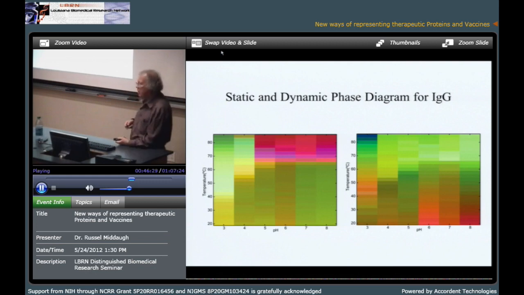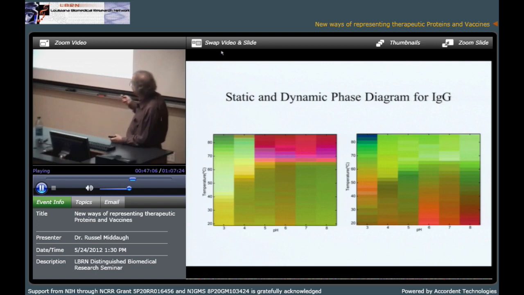Okay. Now there's another type of phase diagram that we've been making lately, and it includes information about the dynamic structure of a molecule. All the measurements that we typically use are time-averaged measurements. So what we did in this case was add measurements that were sensitive to the internal motions of the molecule. What am I talking about? Well, isotope exchange. We use acoustic spectroscopy. We use something called pressure perturbation differential scanning calorimetry, we use red edge shift measurements, and a variety of others as well.